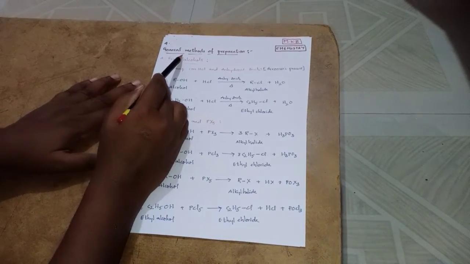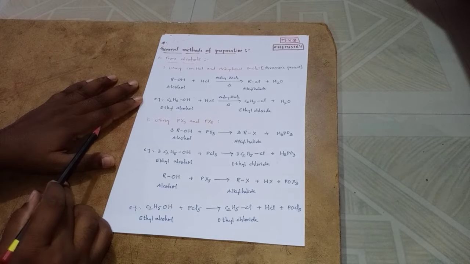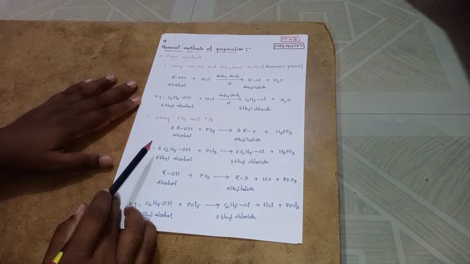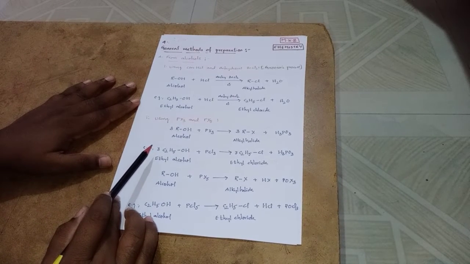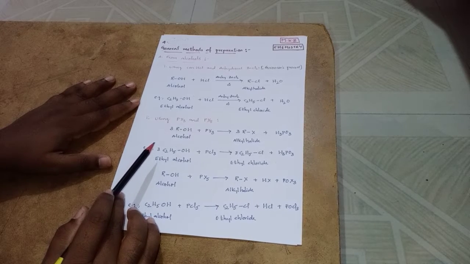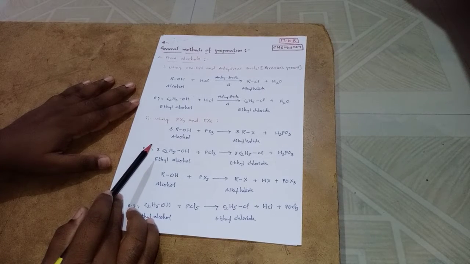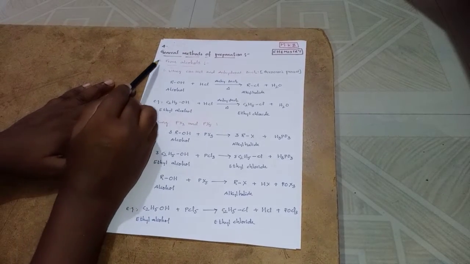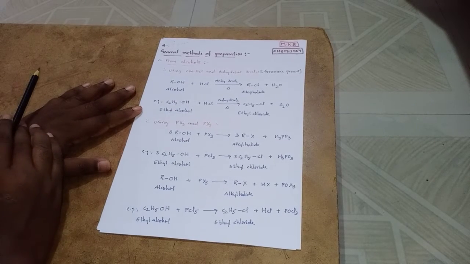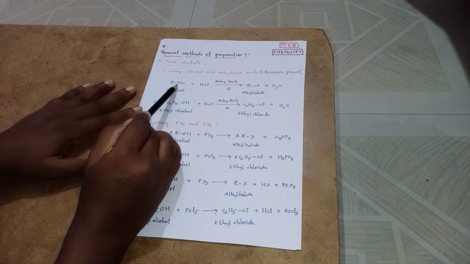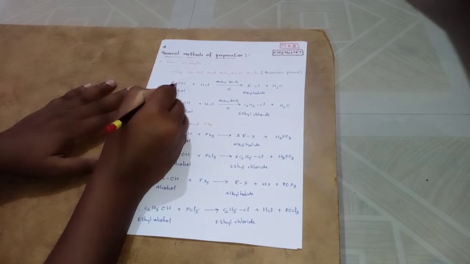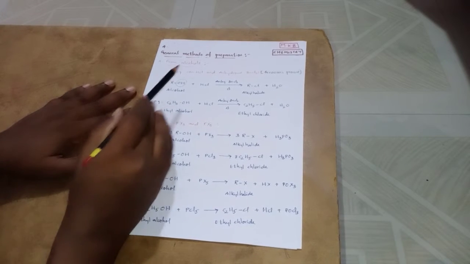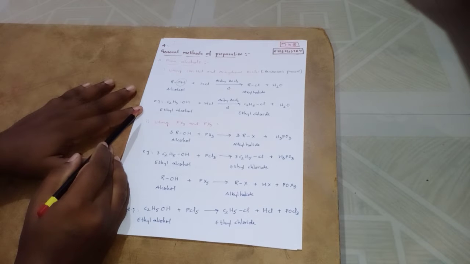Right. In this class, we'll study the general preparation methods of alkyl halides. We have so many preparation methods. Among those, we'll concentrate on the preparation methods in our syllabus. The first one is from alcohols. We all know that an alcohol has the functional group OH. From alcohols we have different methods by which alkyl halides can be prepared.